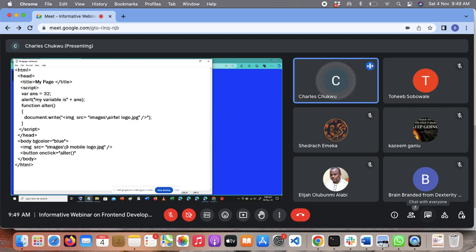I'm telling you that whenever this button is clicked, it should call the function called alter. Whenever you're calling a function, even if it doesn't have any arguments, you must put the parentheses there. Okay? Then what should be on our button? Our button is not an empty tag. So let's just call it click me